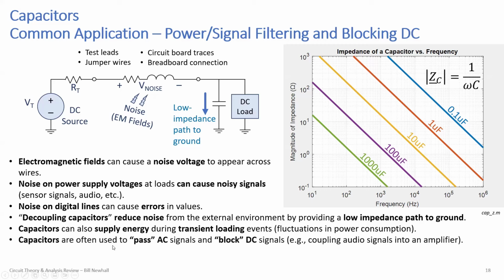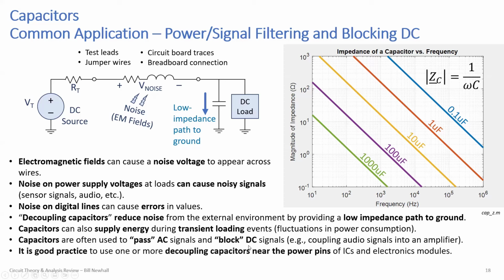And capacitors are also often used to pass AC signals and block DC signals. So if you have to couple an audio signal into an amplifier and you want to isolate DC on either side of the capacitor, you can do that. You just have to pick a large enough capacitor so that its impedance is low enough compared to what you need. Okay. And so it's good practice to use one or more decoupling capacitors near the power pins